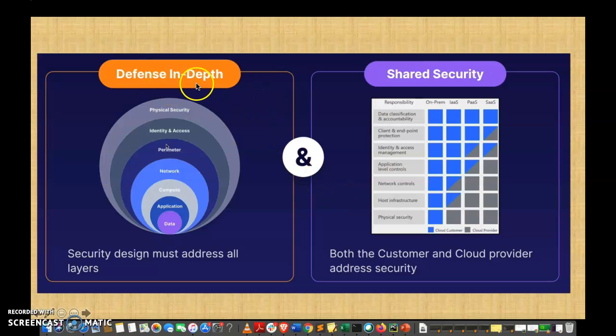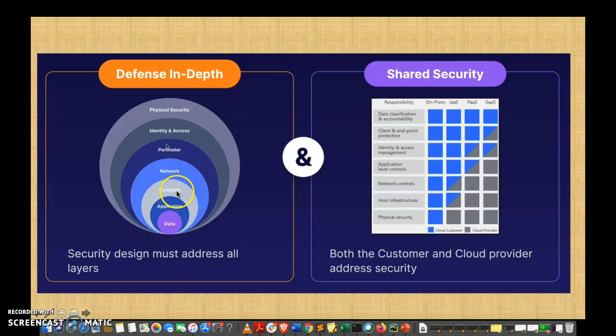So basically, defense in depth and the shared security model that you will see in cloud platforms. Security design must address all the layers. The layers would be data, application, compute, network, perimeter, identity, and then physical security. All these layers are significant. If you are an IT professional, you know that encryption and